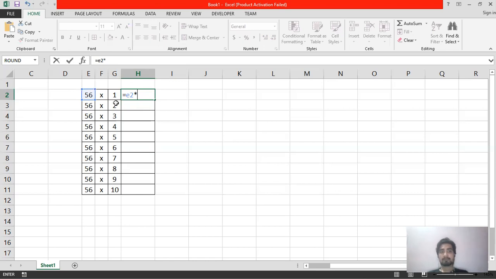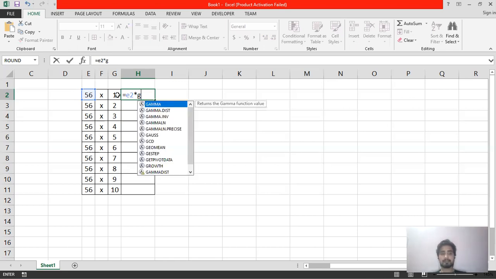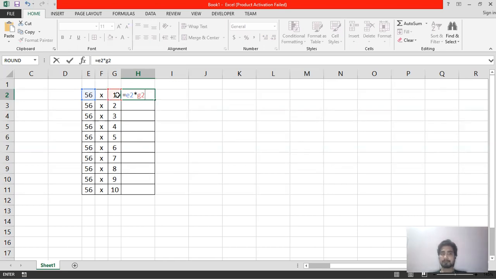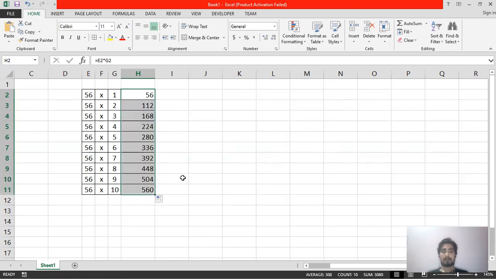Then the data with which you want to multiply this, that is in G2. So write the name of that cell G2. Numbers have been taken. Press the enter key. Result you have got. Now just use the autofill option for copying the formula in each of the cells, and you will get the result for the entire table.